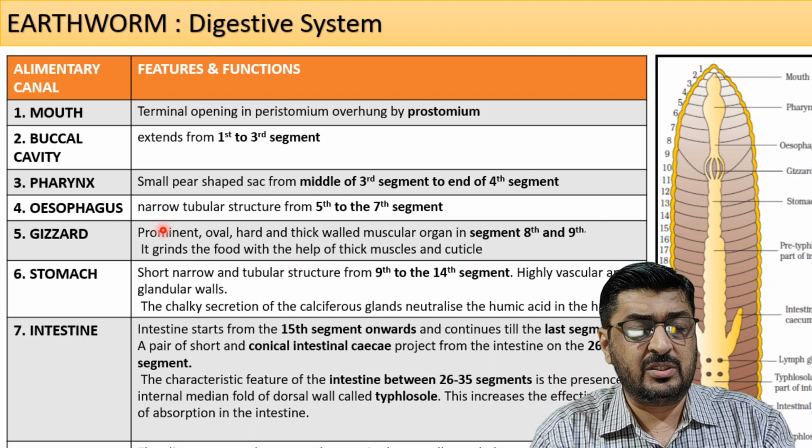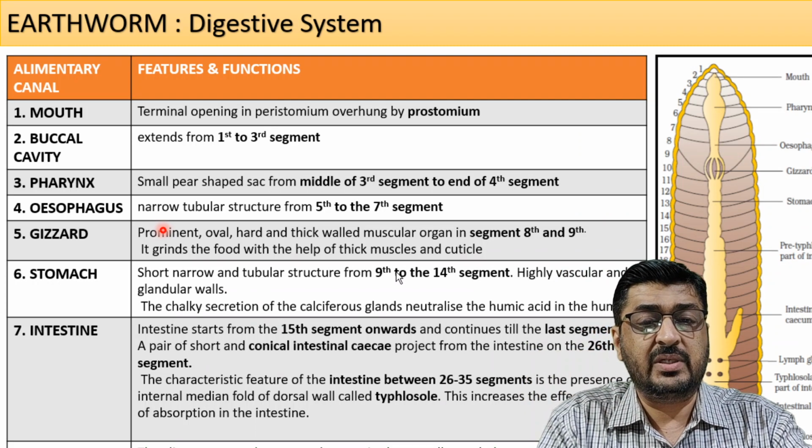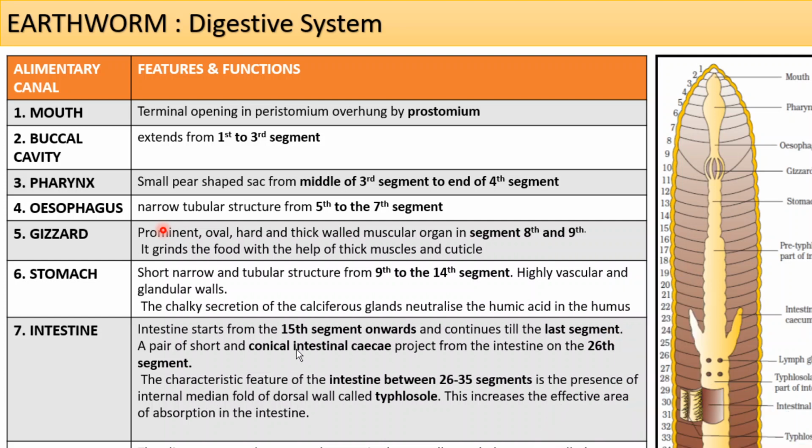The digestive system, time for me to go. Okay,